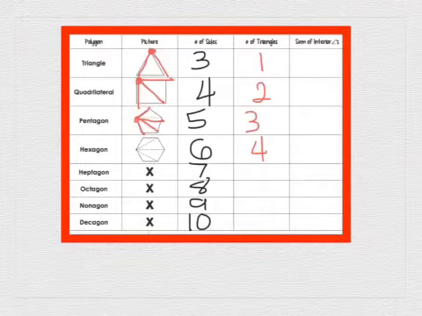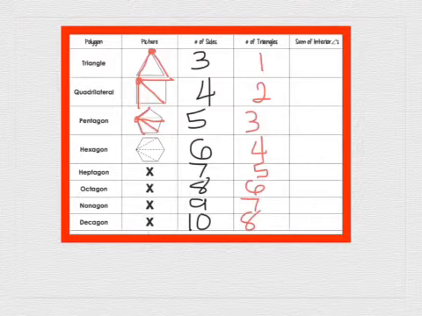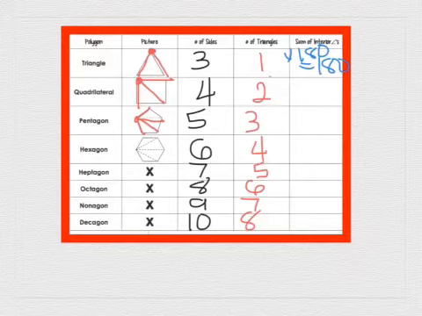So if that is the case, a 7-sided figure has 5 triangles, 8 has 6, 9 has 7, and 10 has 8. And basically, when we're trying to find the sum of the interior angles, we multiply however many triangles by 180. So this is 1 times 180. And so this is 180 degrees. This is 2 times 180. So this is